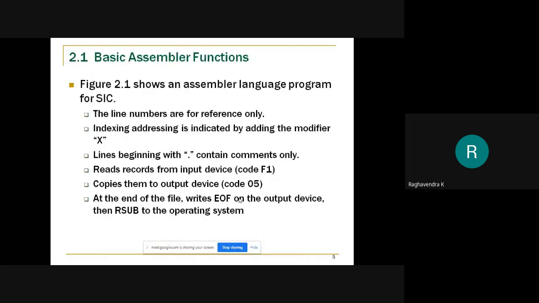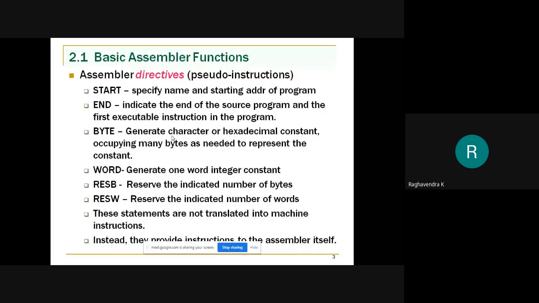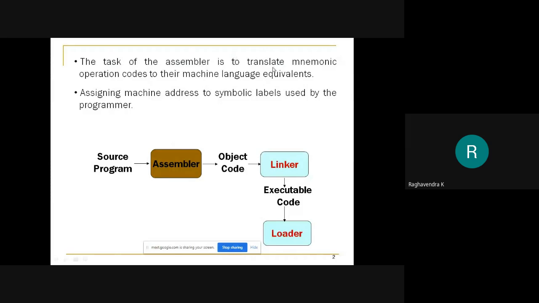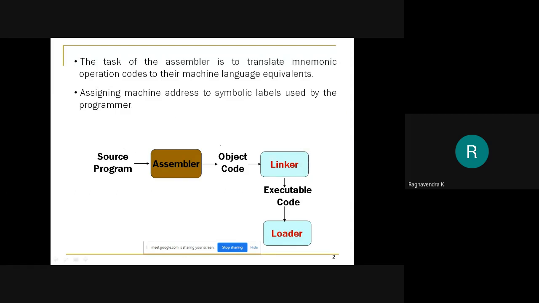Right. So in the last session, we discussed the basic features of the assembler, and we had seen some assembler directives, right? So we had seen what's the entire process that we are supposed to look into. So we have a source program, and that source program needs to be converted into an object program, right? So that's the job of the assembler. So how exactly does it achieve this task? That's what we are supposed to look into in detail.